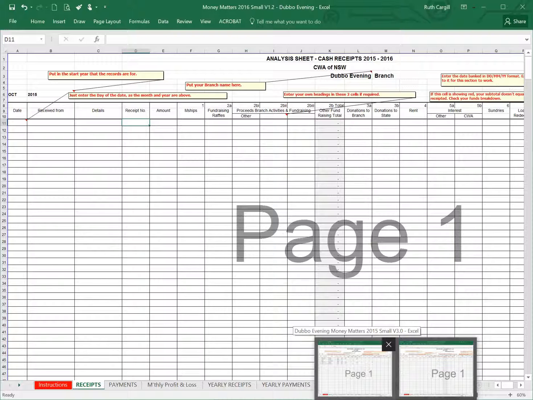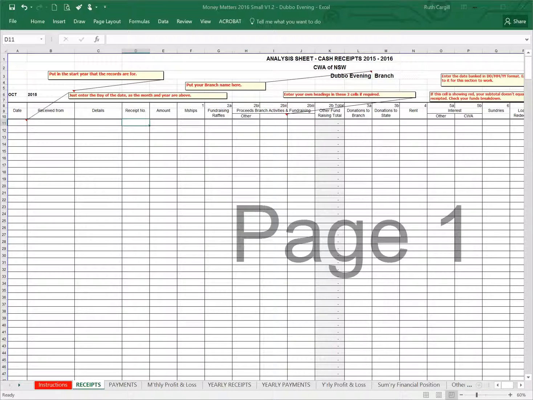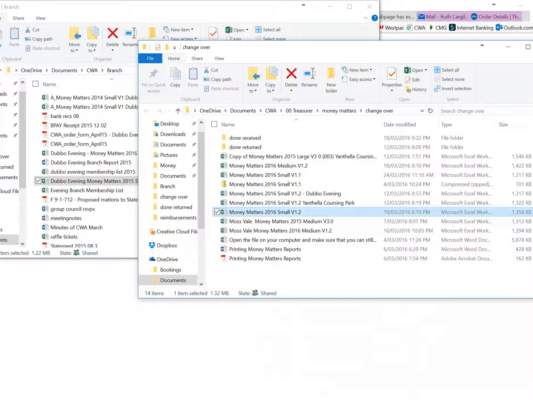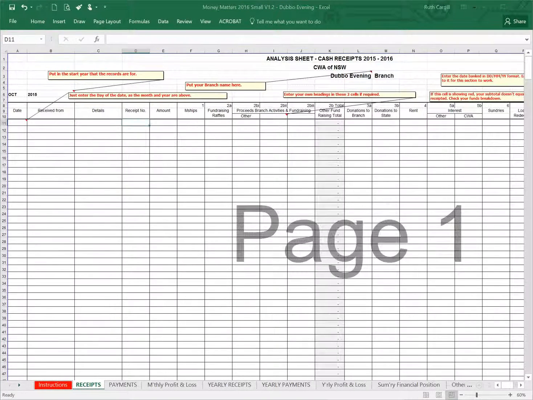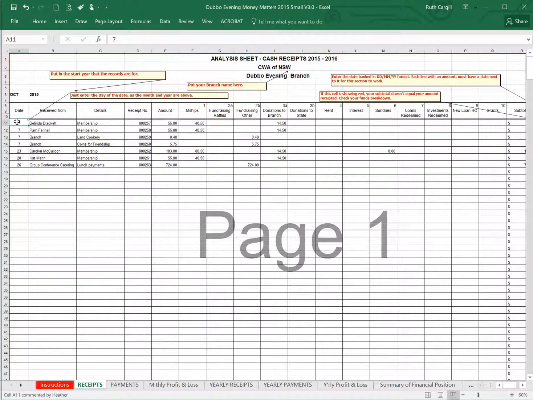If you need to transfer your data from the older version of Money Matters to the new version, go back to the old version of Money Matters, and click in the first cell of October. If you click, hold and drag down to the last item in your date column, and then drag across until you get to the end of column 2B. Then you can copy